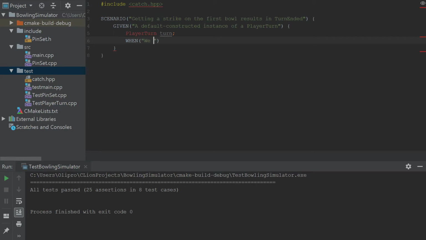and this is the thing, I could give it a command to say knock down everything at once, but I'm not sure I want to. I think I'll have to tell it individual pins. It would make more sense, right? You bowl, and you don't just say knock down everything. You have to give it individual pins, even if it's all 10 of them. So when we knock down all the pins,